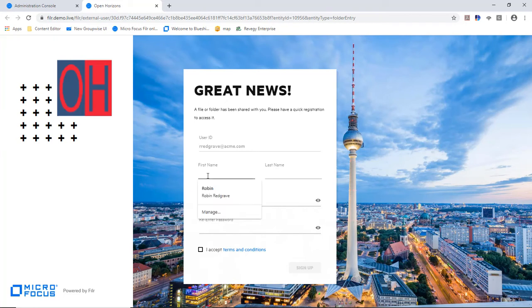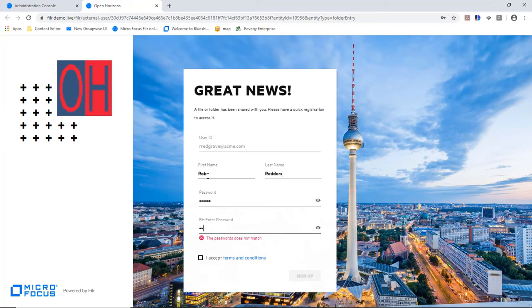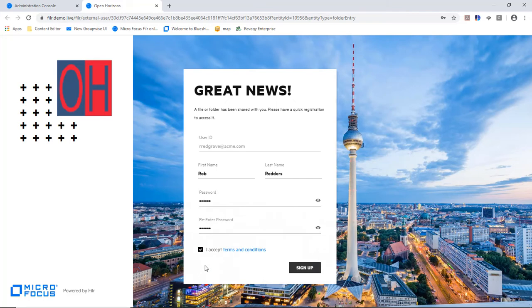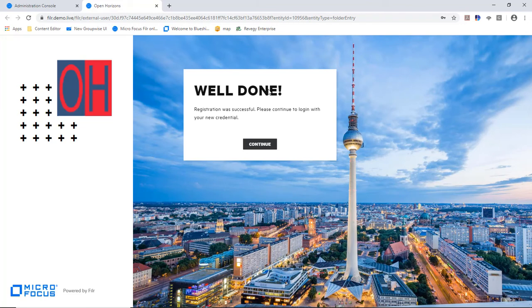So let's just say I'm Rob. Their last name. Put in a password they want to use and just confirm the password. And if there are terms and conditions that they have to accept, then they can just check the option there and then click on sign up. What will then happen is if they click continue,